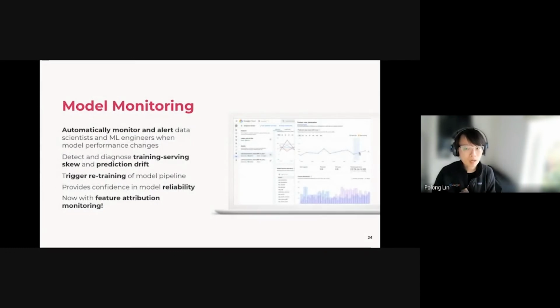Now, the second part was model monitoring. So this is where once you have your model live and up and running, you want to make sure that the model is not going stale. It's not drifting or skewing. Those are the terms. But essentially, the data that was used to train the model may be different in production. Some things may have changed. The distribution may have changed, or your audience may have changed, or something may have changed.